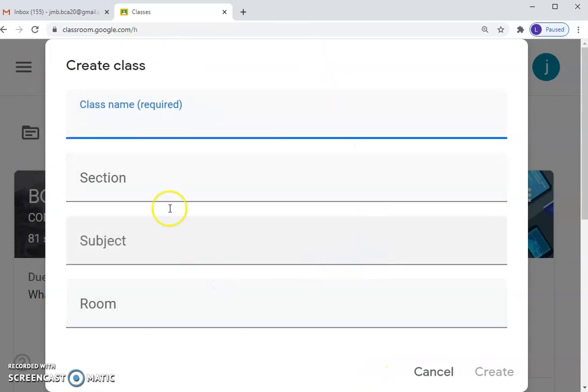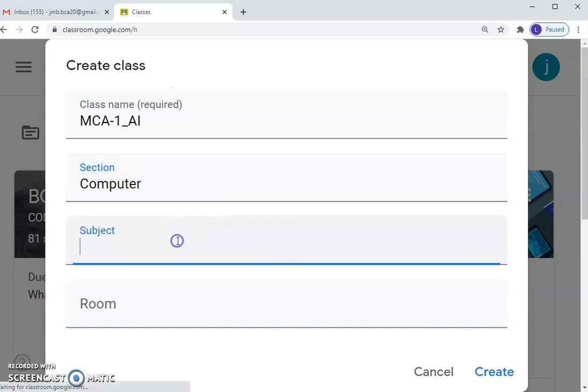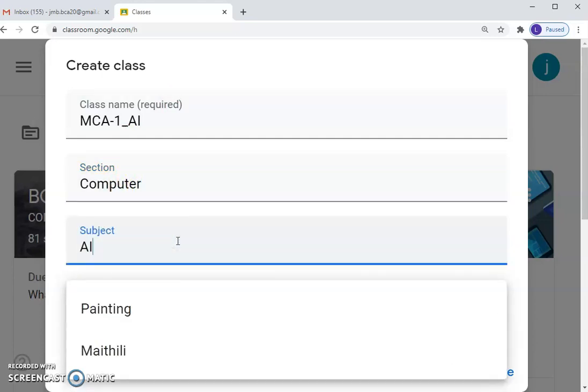This new pop-up window will be displayed. In that, please enter the class name as required. So I would like to add the class MCA1 underscore AI. I would like to give the class subject name also here. Okay, so suppose I am giving AI section computer. You can mention or skip these fields. Okay, subject AI